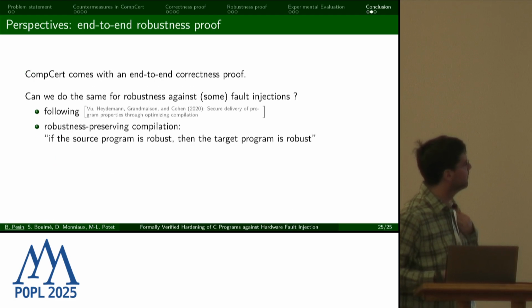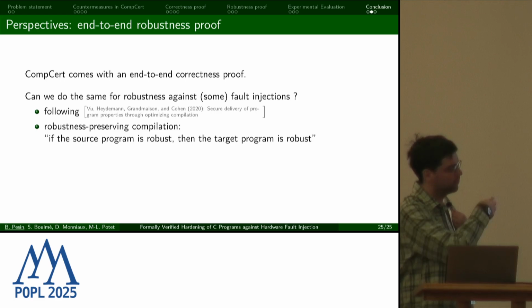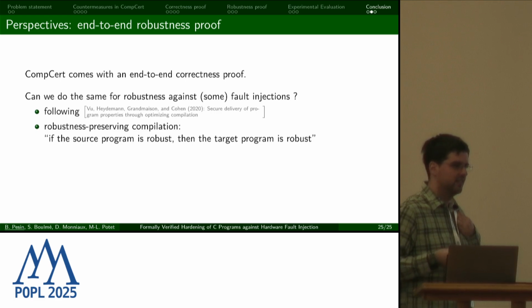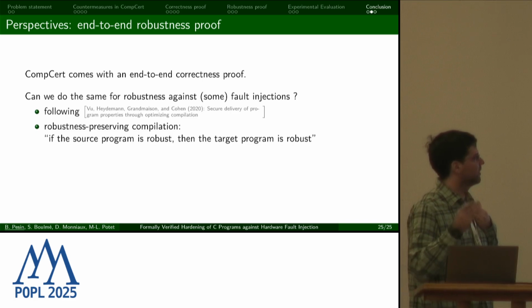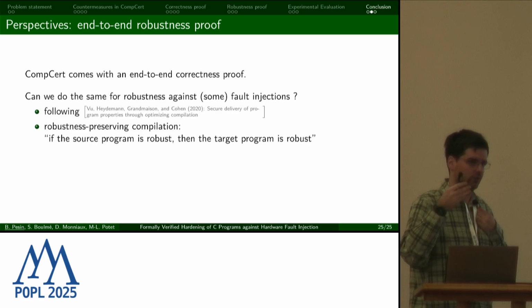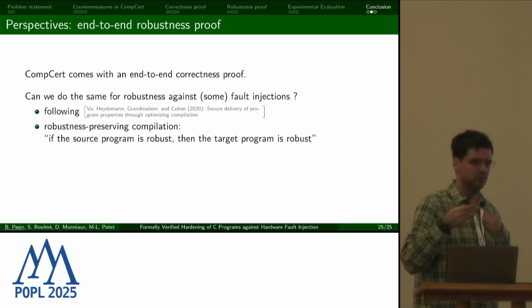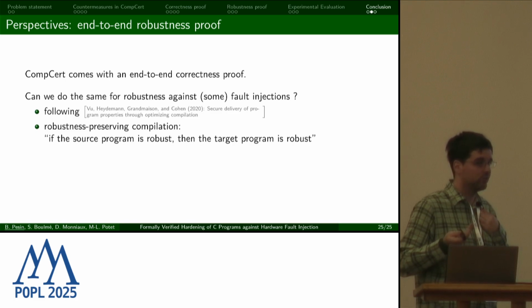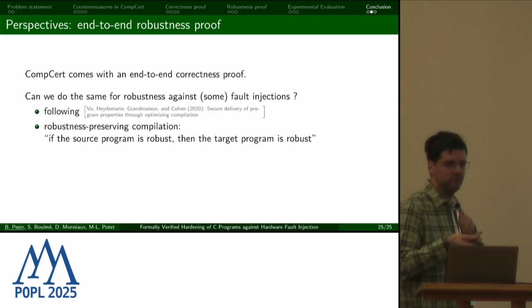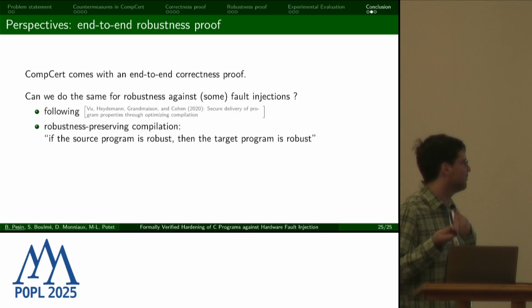But there are still some interesting questions. And the main one that we are now interested in is what I talked about in the last few slides, the question of end-to-end correctness. So end-to-end robustness: is the program at the very end of the compilation chain actually protected from fault injection? By testing with Lazart, it seems to be, but we don't have a formal proof of it yet. And of course, this makes us sad.